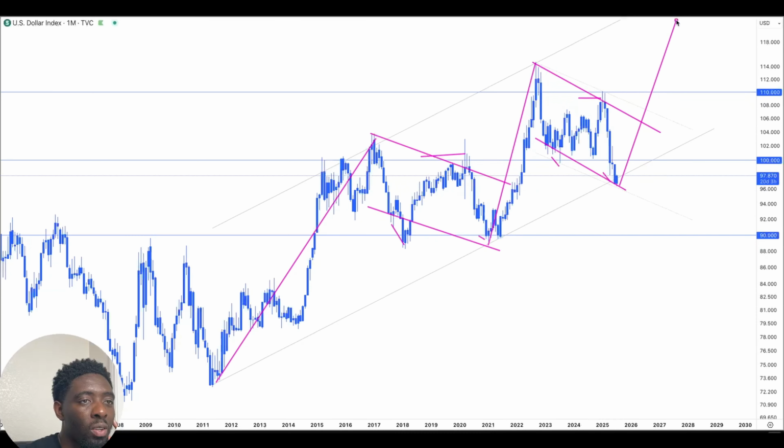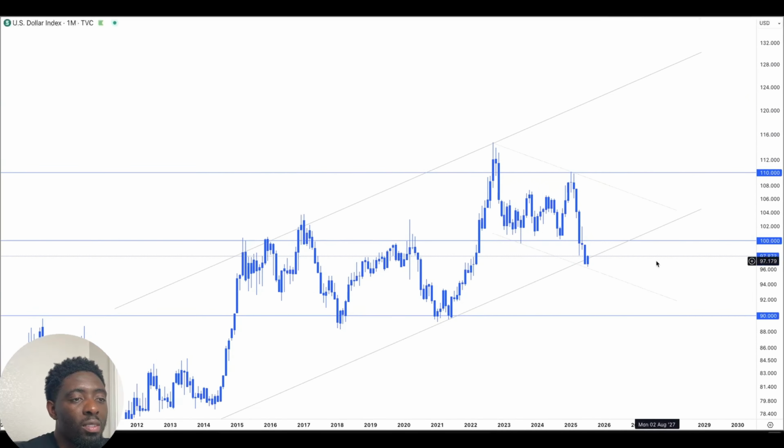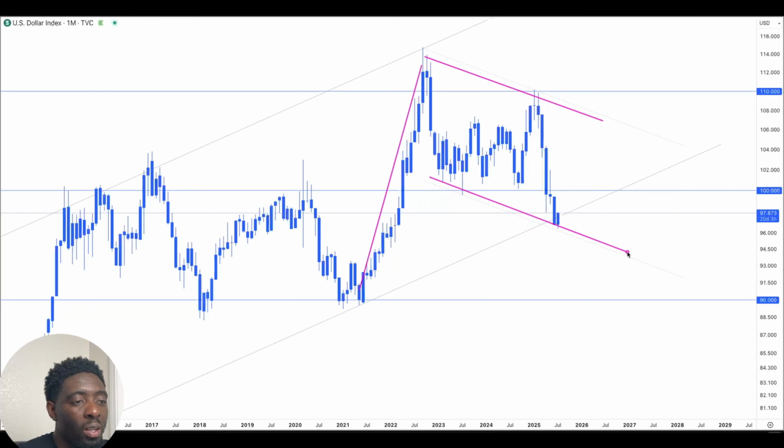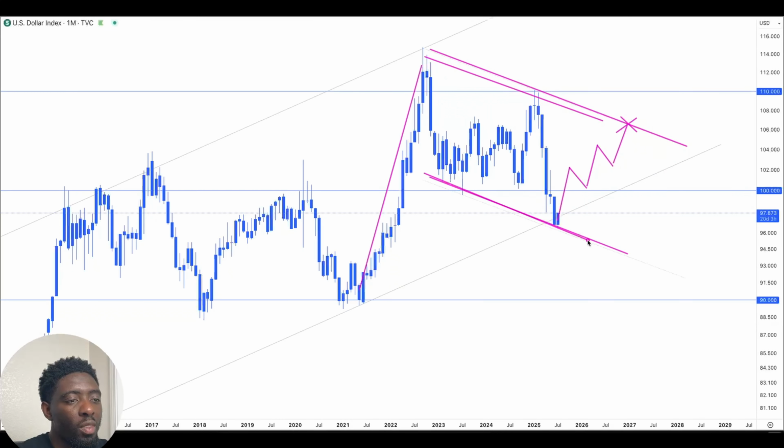So we're expecting another impulsive move to the upside on the DXY. When I looked at this last week, I pointed this out. If you look at this space right here, it's an impulse on everything coming to the downside. It's simply a correction. Now, if this is a correction, then we're expecting the DXY to move progressively to the upside, let's say to an area like this. So you're looking at this channel as a correction. The channel is just a correction to that impulsive move, and we're expecting the DXY to then move to